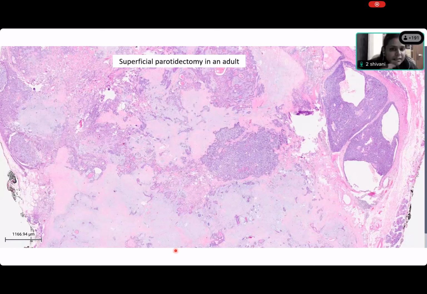Ma'am, there are cells which arrange in light and dark. Light and dark. Okay. Akshara? On the right side, there are these lobules of basaloid-looking cells. Basaloid-looking cells on the right side. Yes. And what do you mean just by basaloid-looking cells? What are you seeing? The blue, basaloid-looking cells are just sitting there.